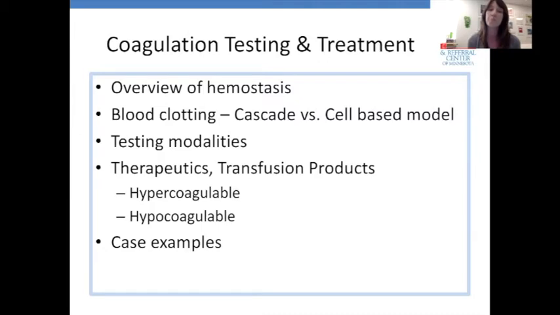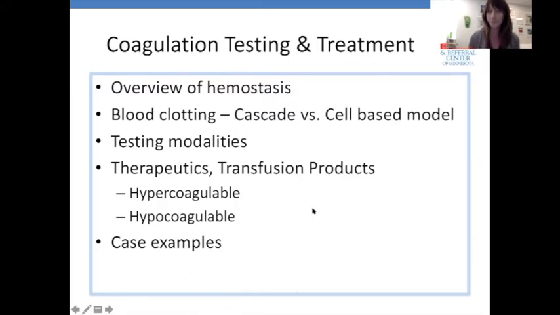We're going to discuss both hypercoagulable problems and hypocoagulable disease processes. And then, again, we're going to end with some case examples. So on that note,